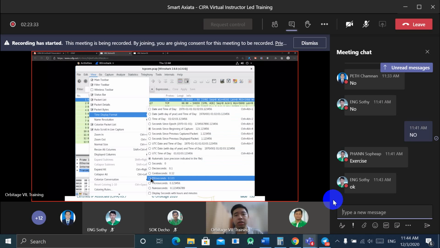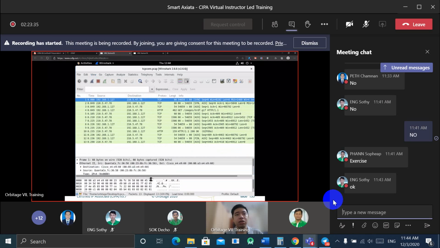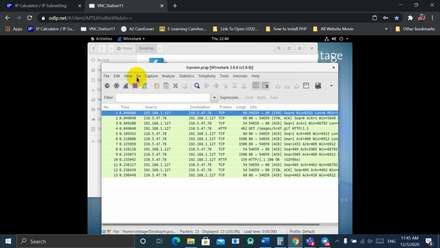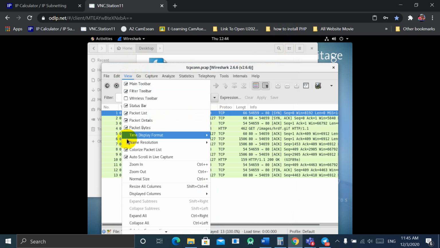You can do this, set it as millisecond. So in your Wireshark, time display,